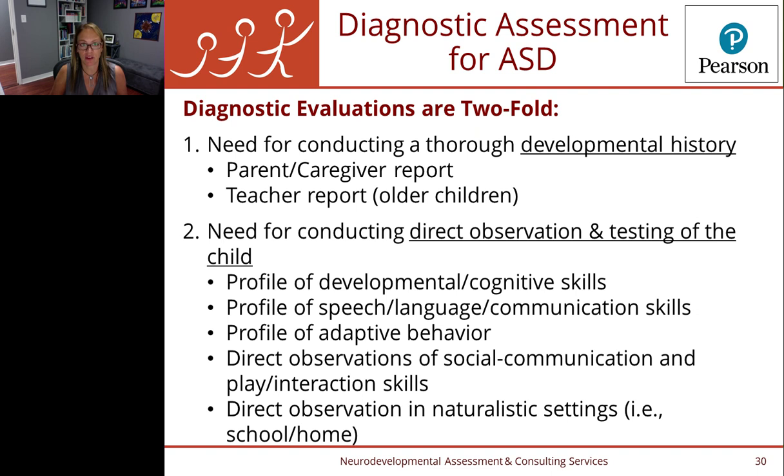Because autism is a neurodevelopmental disorder, we have to do a comprehensive history to see what symptoms were present in the first few years of life. That is with a parent or caregiver, somebody who knew that individual as a very young child, even if you're assessing an adult. And then I'm going to conduct the direct observation testing. I'll talk about the process of it, but then the process of it in COVID times. How are we going to do direct observation of a social disability if it's remote or if it's in person wearing facial masks?